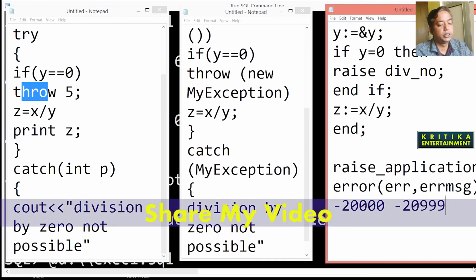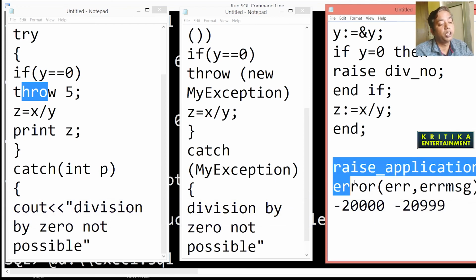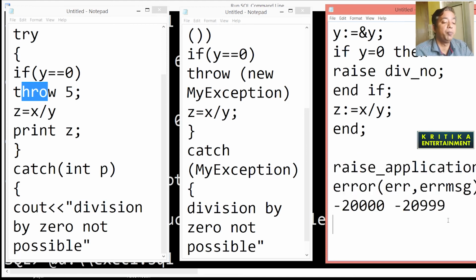So without using an exception block, you can use this, and when the error occurs, your program will be terminated.